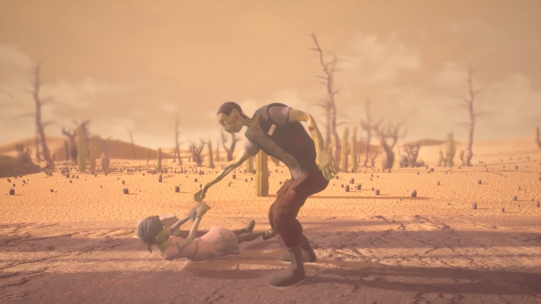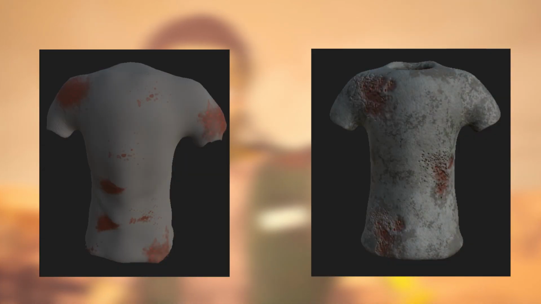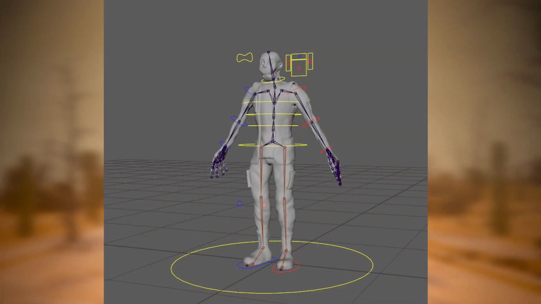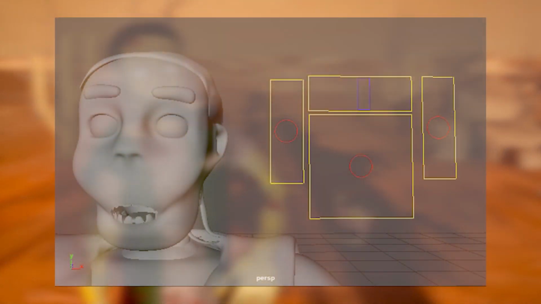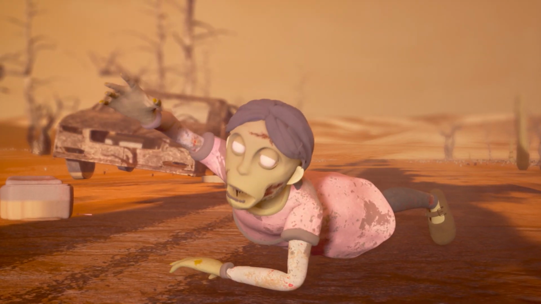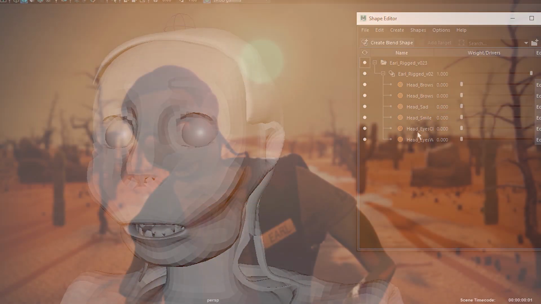I began the unwrapping stage, which was way easier than I had expected, so we could start texturing. We went through countless variations of textures and kept playing with it for months, not even being 100% satisfied until the very last week of production. Rigging Earl was easy enough, and luckily for me, since there's no dialogue, I didn't need to consider every possible blend shape for his face, unlike most facial rigs. Earl has a total of 4 expressions: happy, sad, angry, and neutral, plus blinking, but that's not an expression.